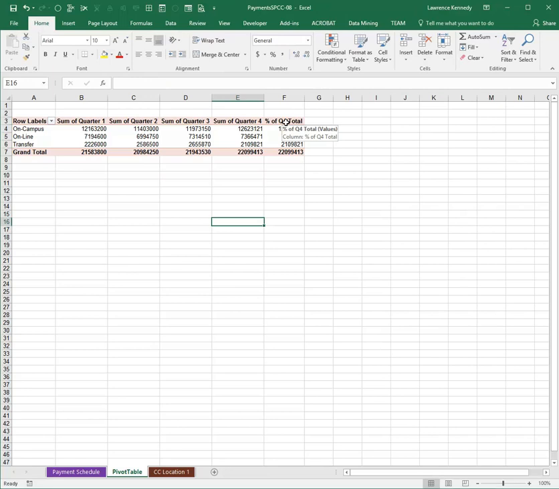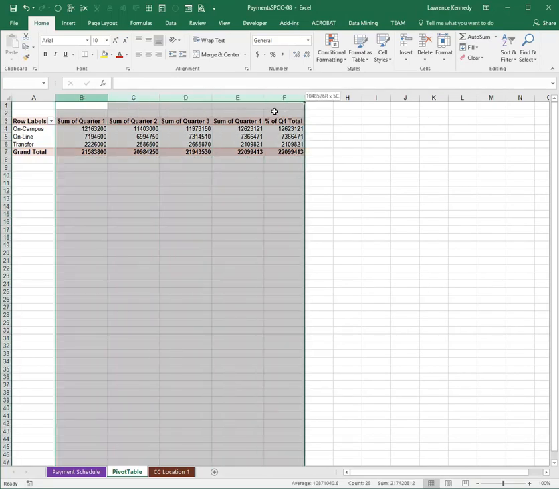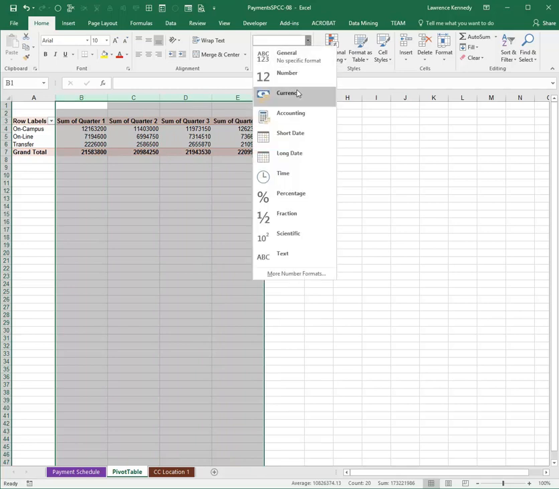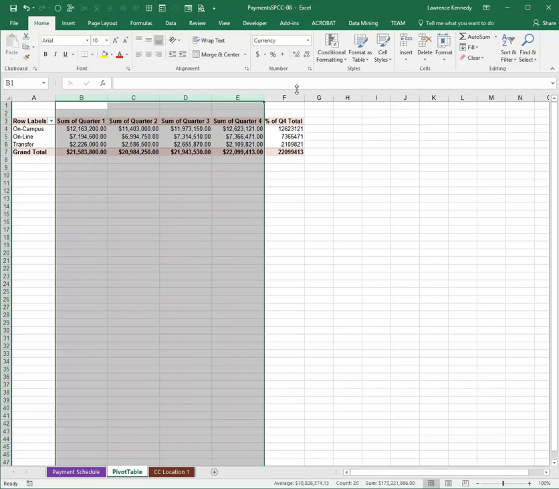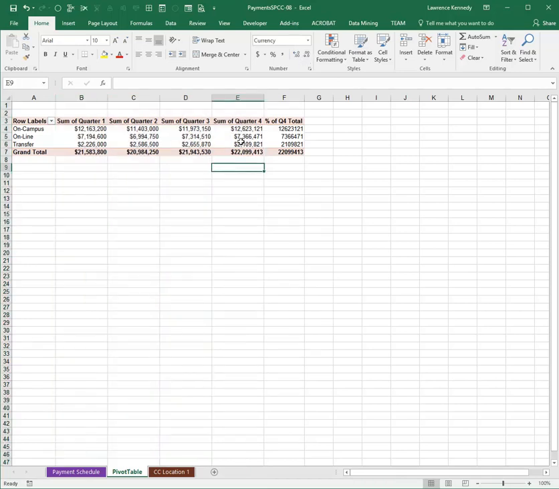All right, so moving right along, let's go ahead and apply the currency format. So I'm just going to select the columns and apply the currency format with 0 decimals. Okay. And now that I have this formatted,